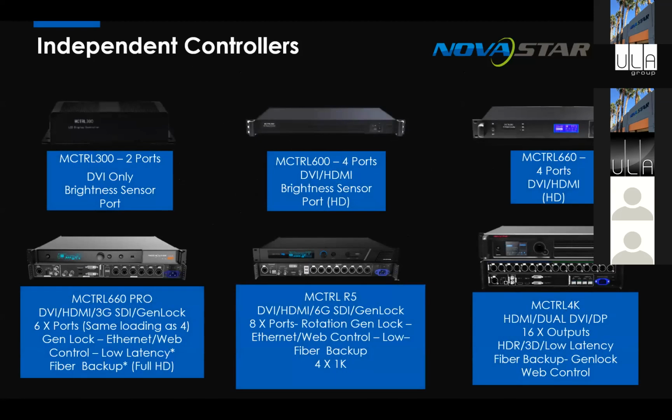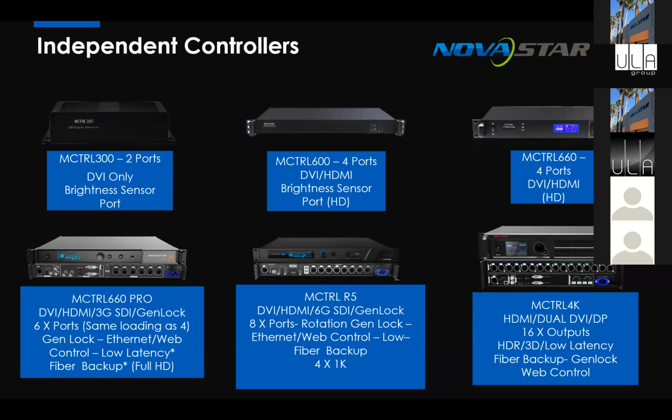So look, one of the first things we're going to talk about very briefly is the difference between these controllers. Fundamentally, these are the independent controls without scaling and what their use cases are. Now look, the M-Control 300 is a very basic one, and same with the 600. Predominantly they're used for fixed installations of smaller screens under HD, depending on your port loading and your screen size. The M-Control 660 is the older generation that was sort of shipped out, I guess, for the rental production industry. It's got some primitive controls on the front, but you do have some function there.